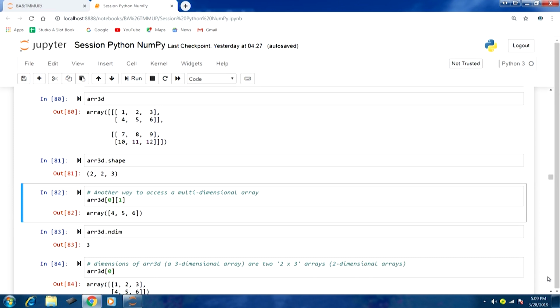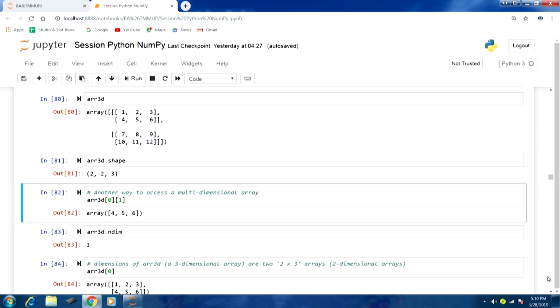So, here is another way to access a multi-dimensional array. Here you would see array 3D. Earlier we used to specify a list of indices. Now, instead we can specify in a recursive fashion, array 3D first bracket 0, then second bracket 1. That means in the first dimension the 0th element, that is the first element, and in the second dimension the index is 1, that means the second element.